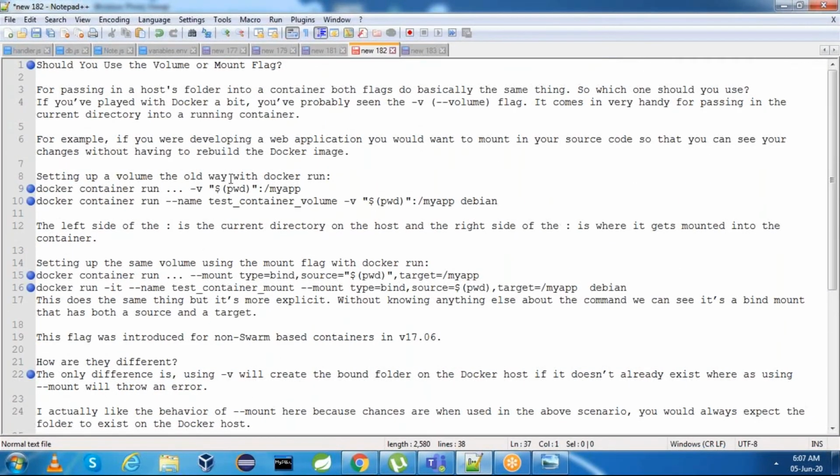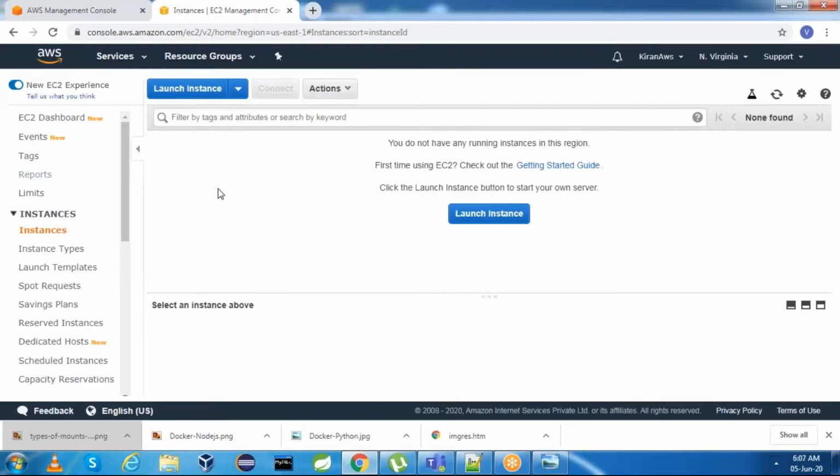I'll try to execute a couple of commands and show you how volume and bind mount work. But before that, let me quickly install a Docker instance and we'll go through the implementation steps one by one.